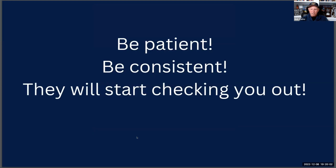Be patient with this. Be consistent. So I go into these groups every week or every 2 weeks and I post some more content. And what happens when you do this is that gradually what you're going to see is you're going to start noticing people from this group showing up on your profile, showing up in your messenger, asking you questions. And you'll have seen them in this other group, so you'll know where they're coming from. And now you know your strategy is working. Okay, because now